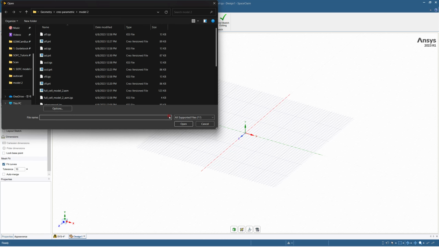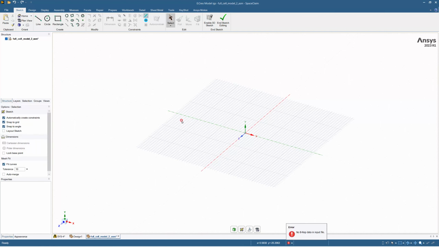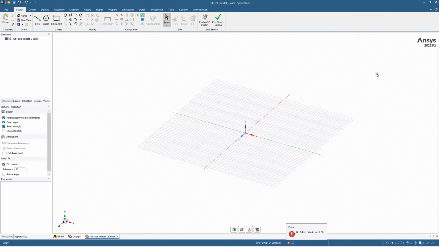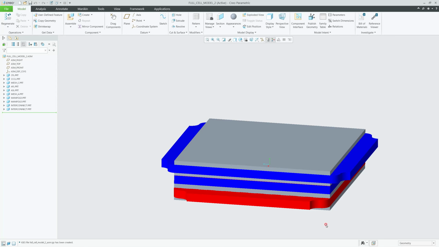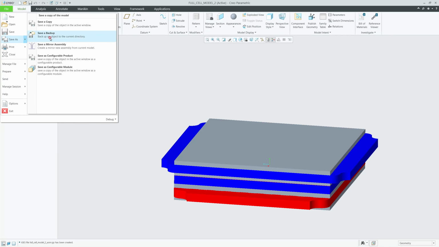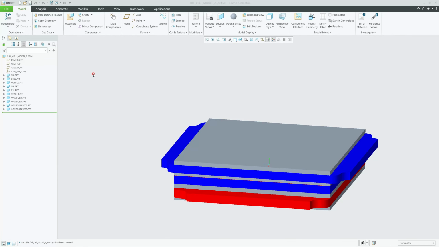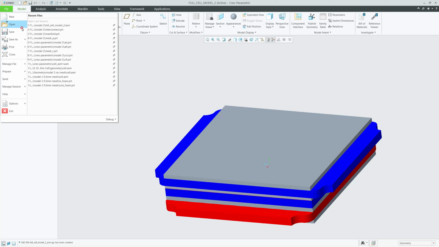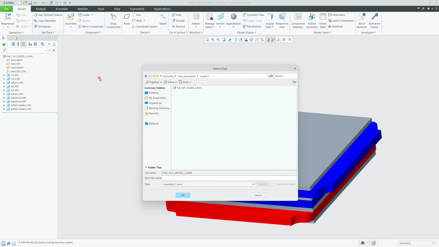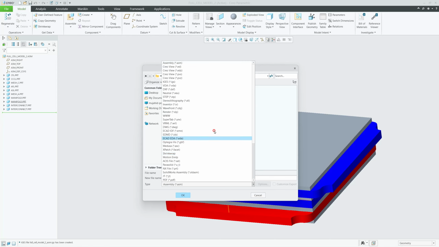In the model 2, okay, we will try to export it again. So from Creo Parametric we will go to export, save as, save a copy, and in IGS format,